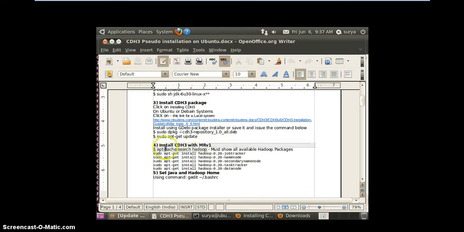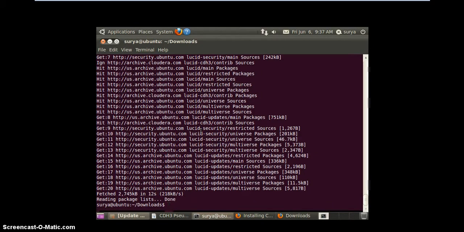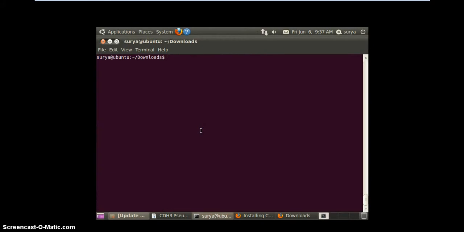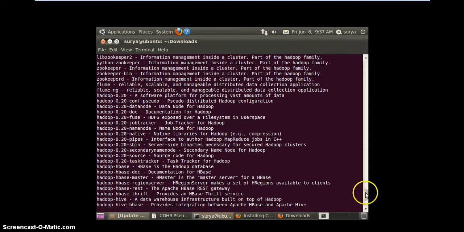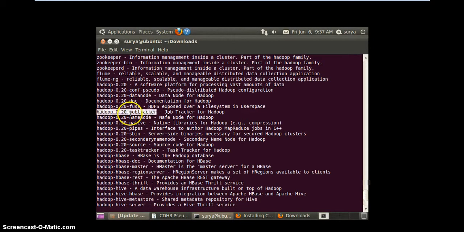In order to do that, I use a command called apt-cache search hadoop, which would list all the things that are installed using that Debian package which we had downloaded. See here, I've got many things. My job tracker is there, name node is there, data node is there, secondary name node is there, everything is there.